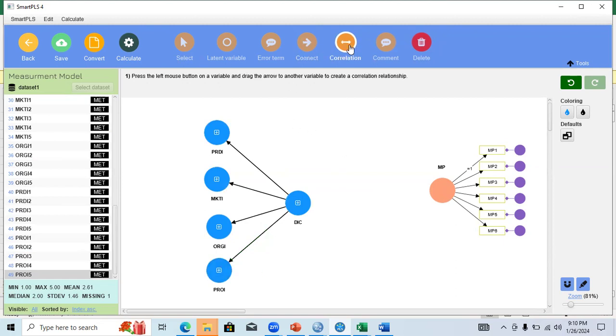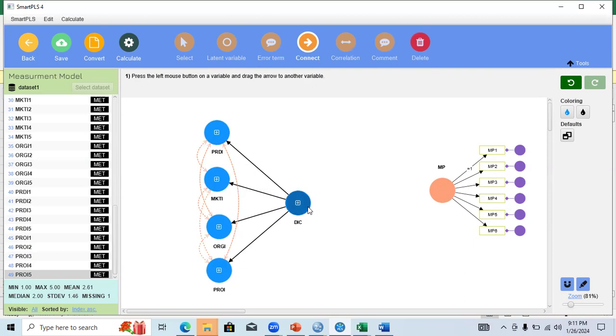You can create correlation between them. Each one of them must be correlated with each one, just like this.